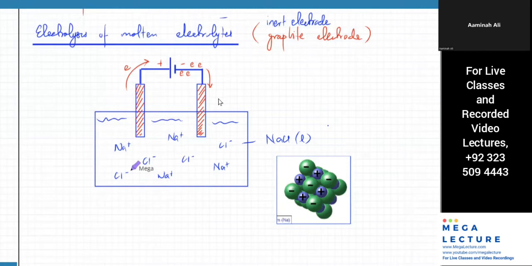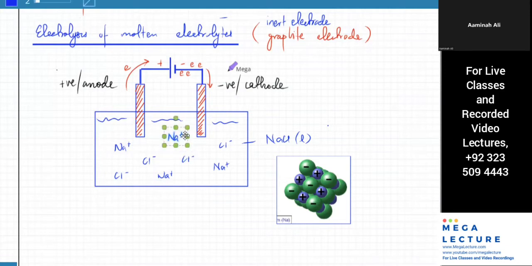Now you've got a negative terminal. This one is the negative terminal. The negative terminal is known as the cathode. And on the other side, you've got a positive terminal that's known as the anode. You've got cathodes and anodes, the names given to these terminals. Which ion will the negative one attract? And which ion will the positive one attract? The cathode will attract positive ions, and the negative ions will get attracted to the anode, right?